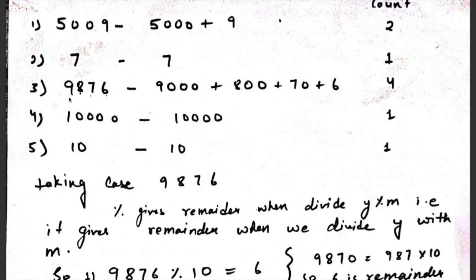If you want to represent 9876, what you observe is that you will first need 9 and the other terms should always be 0. That is, it will form 9000. Then you will require 8, then the other terms should be 0 to make it a round number. Then you'll require 7, with the other term 0, that is 70, and for 6 only 6 is left. So the number of non-zero digits present in a number is always the minimum number of terms you require to make that number by adding round numbers.